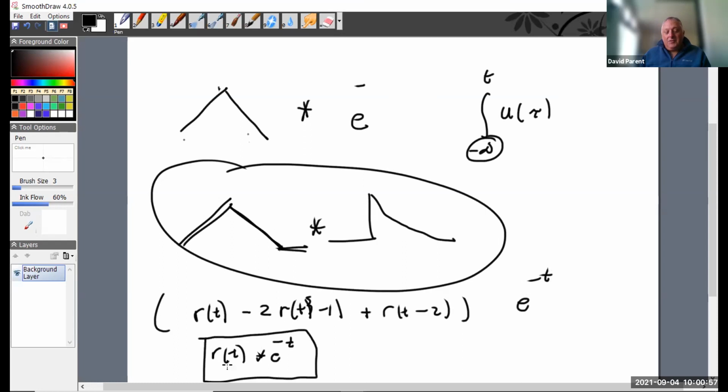It's one convolution, right? Whatever that answer is goes right here in the first part, RT convolved with this. The next one is just whatever that answer is times minus 2, delayed by 1. Then whatever that answer is, it's just delayed by 2. And so